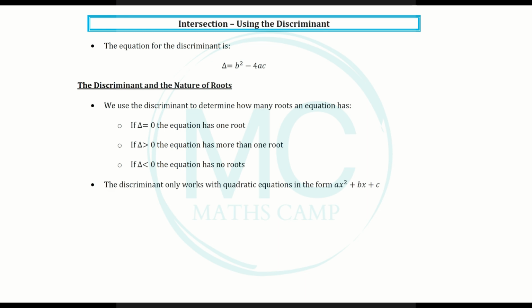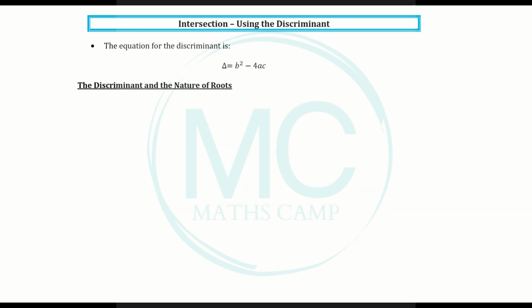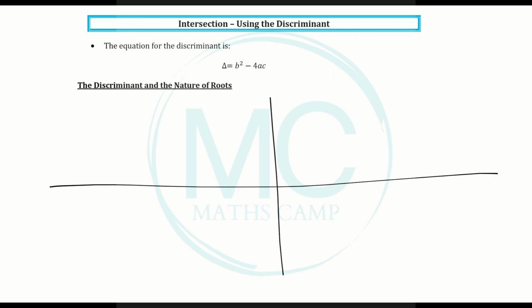The discriminant only works with quadratic equations in the form ax squared plus bx plus c. The number of roots an equation has is the number of times it touches the x-axis. So let's make some space. I want to draw in my x and y axes. Think about a parabola. You can draw a parabola with a positive a value running through the x-axis at 2